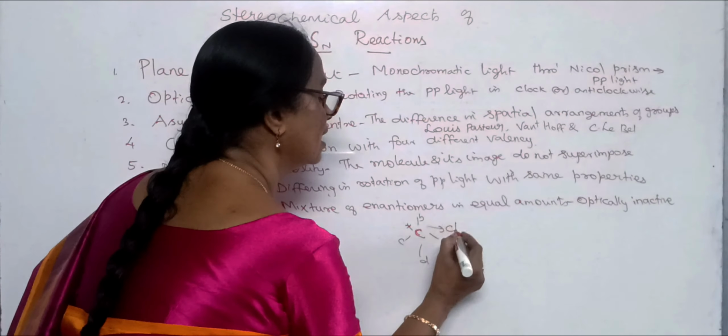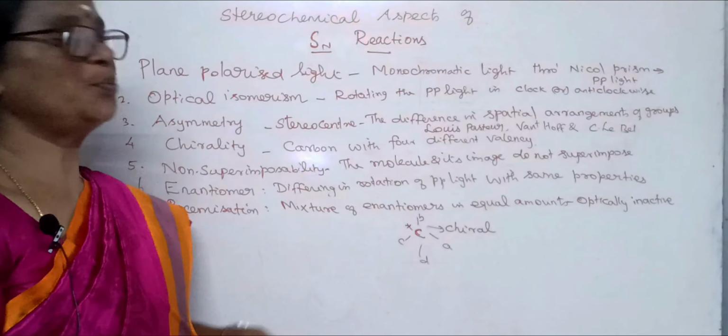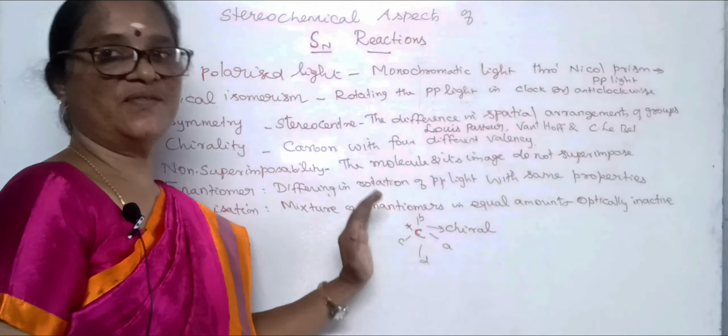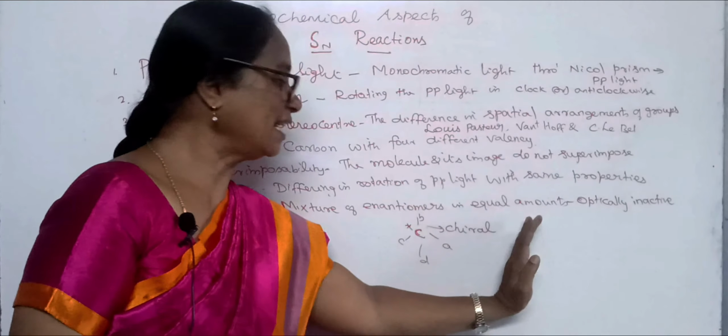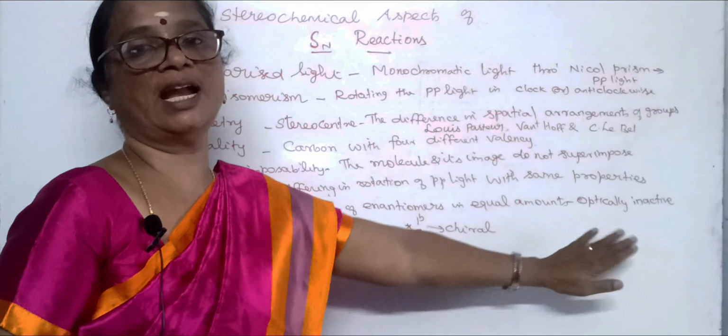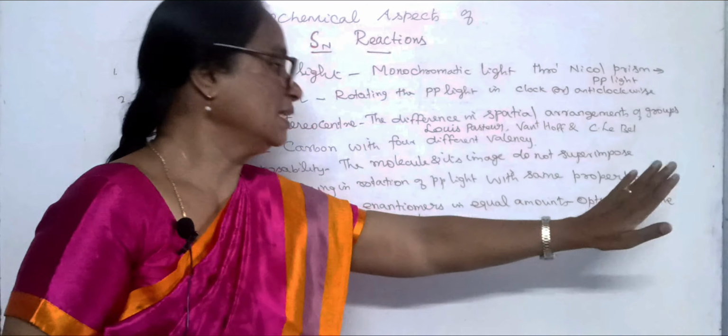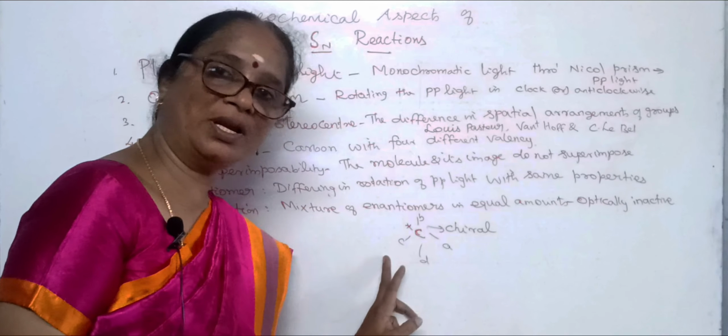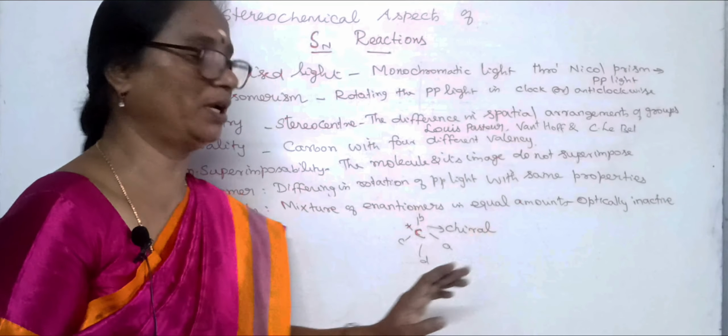So this is chiral. The next property: when this chiral molecule is reflected by a mirror, it produces an image. The image and the object should not superimpose each other. That property is said to be